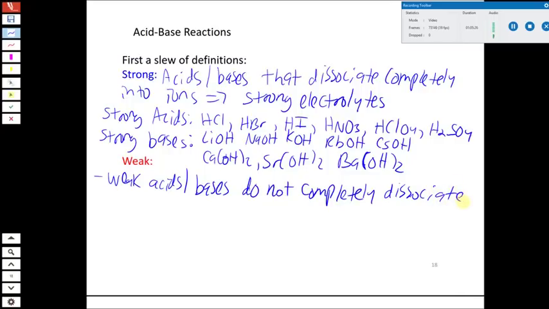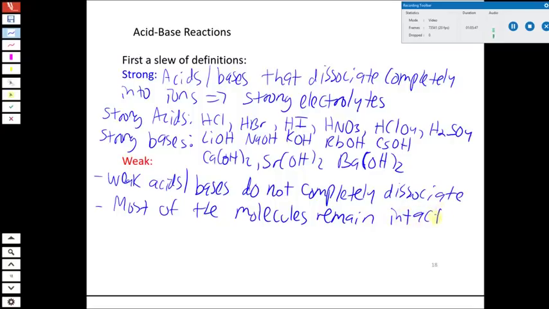Now, this doesn't mean they don't dissolve. It just means they don't fall apart into ions when they do dissolve. So most of the molecules in a weak acid or a weak base remain intact. Weak acids and weak bases is a huge topic in Chem 2, so we're again just going to talk about